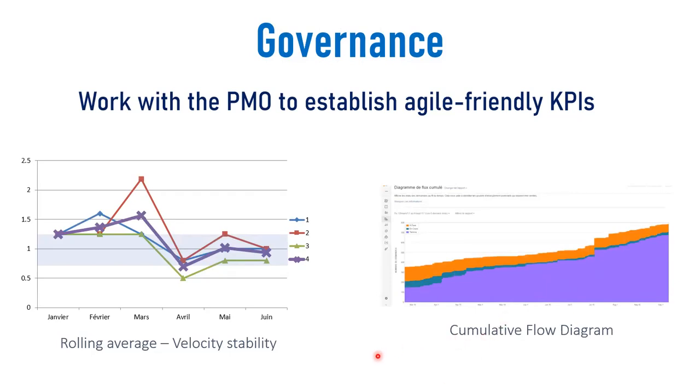You're going to need to work with a PMO. The PMO needs to be a bimodal, multimodal PMO, which can play on multiple ways of delivering. Maybe your rolling average of velocity stability is one thing. Certainly at yet another financial institution, this is what I use rather than straight velocity. I want to know if you're getting predictable. I don't want to hear your number of points. The same thing for the cumulative flow diagram. That's a great way to see if you're keeping your throughput in check and keeping your WIP down.